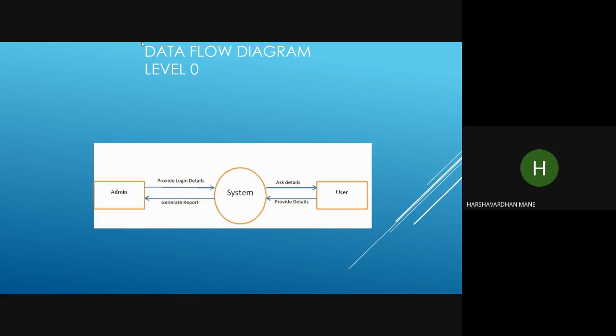Here is a zeroth level diagram. There the admin can provide their details to the system, and the system asks for details from a user. Then the user provides details to the system. Then the system generates a receipt to the admin, who can give the receipt to the users. Next,